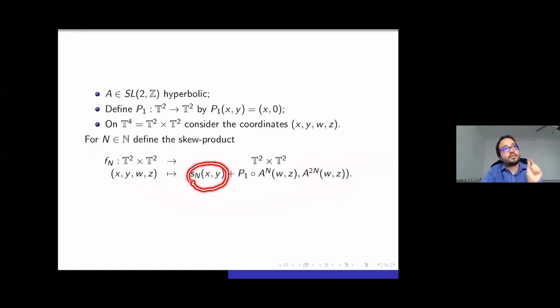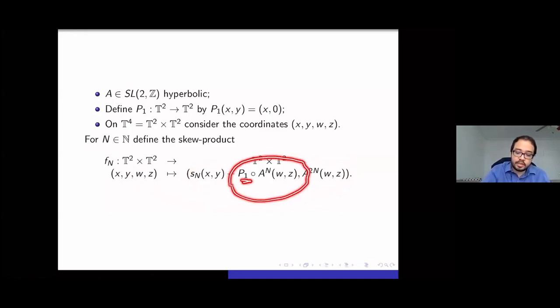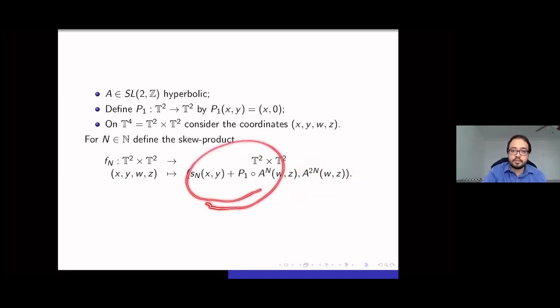And again, the critical regions were those strips that depended on x, and those are the bad sets. The idea is that you add a translation in the x direction of something that depends on what's happening in the hyperbolic part of this skew product. So you add a translation in your x direction of something that depends on the other two coordinates. Okay, so this is the Berger-Carrasco example. And the 2n here is just so that the hyperbolicity you see here dominates whatever appears on this part, and you get at the end something partially hyperbolic.